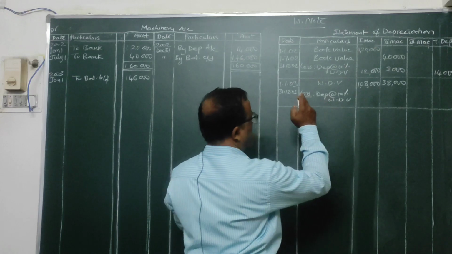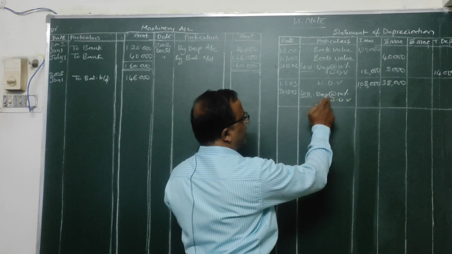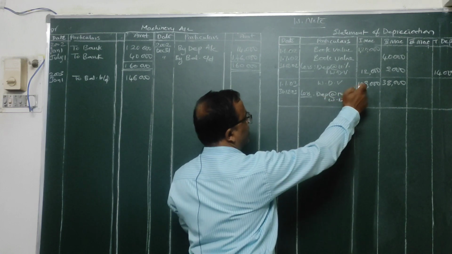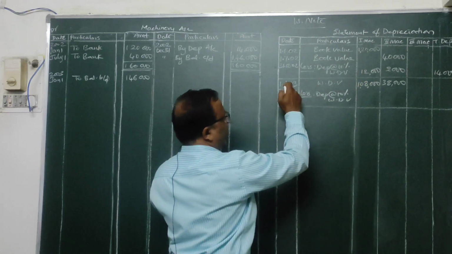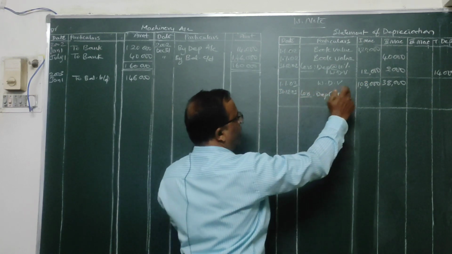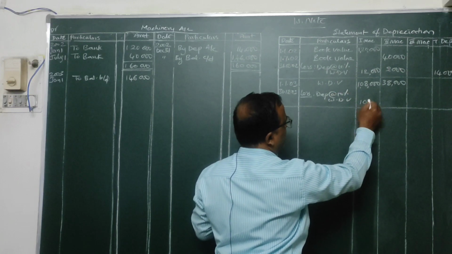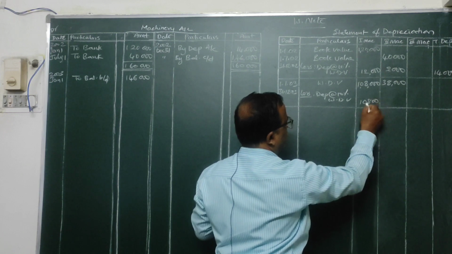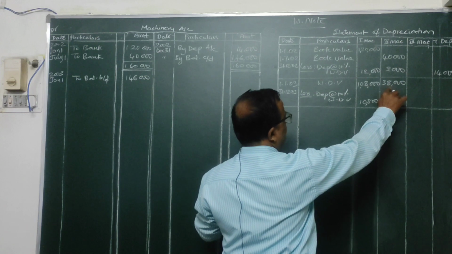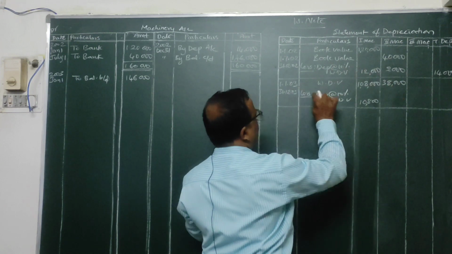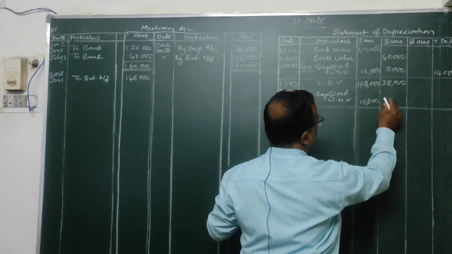Under this particular method, every year we are going to provide depreciation on the balance of the asset in the beginning of the year. In the beginning of the year, the balance of the first machine is 1,08,000. On 1,08,000 totally for 1 year from January to December, at the rate of 10%, it will be 10,800. Then on this second machine, on 38,000 at the rate of 10% for 1 year from January to December,